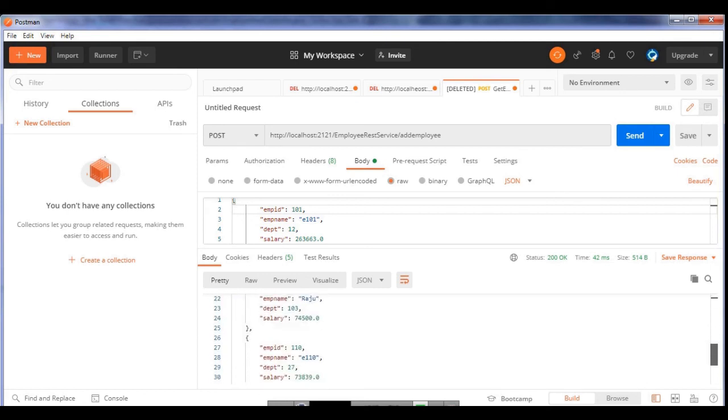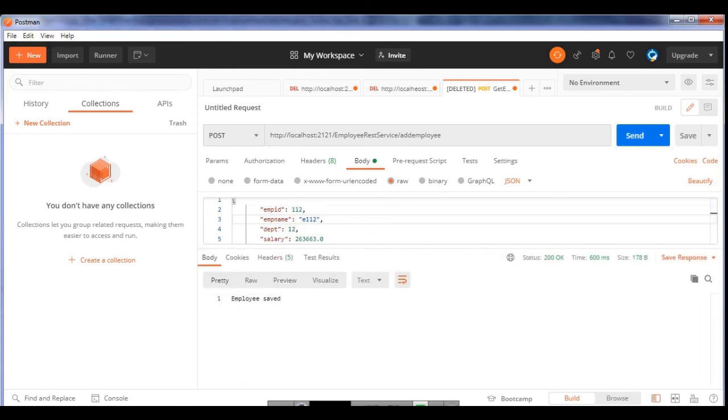Okay, we can enter a new one, that is 112. Now let me post this. Everything is ready: the method type post, the URL endpoint, and we are going to send the request. Let me edit the name also with 112, let's suppose, and send.